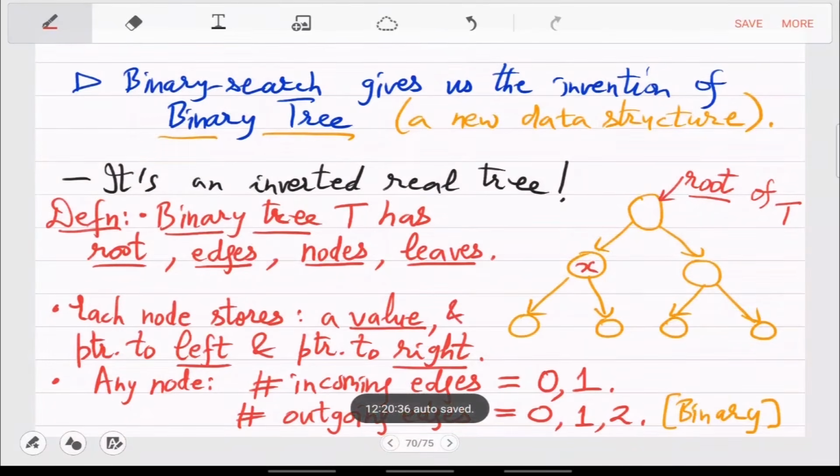So a value, a pointer to the left and a pointer to the right. 3 things. I mean, these are the 3 minimal things. If you remove one, then you don't have anything interesting. So there is a record which you store in the circle, which is X, and then you have to store pointers for traversing the tree structure.